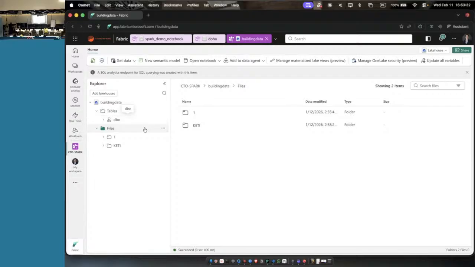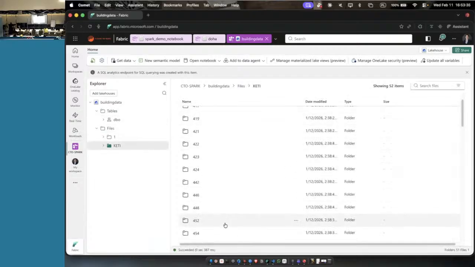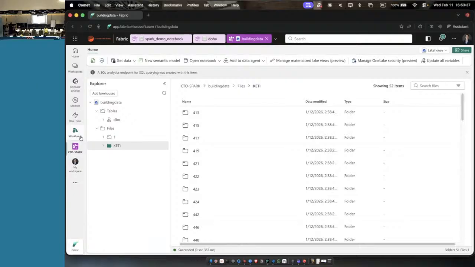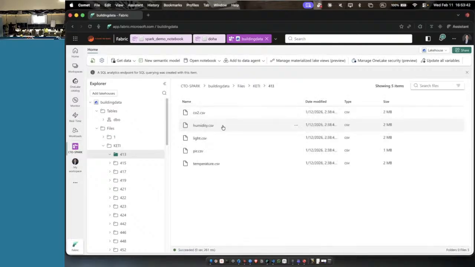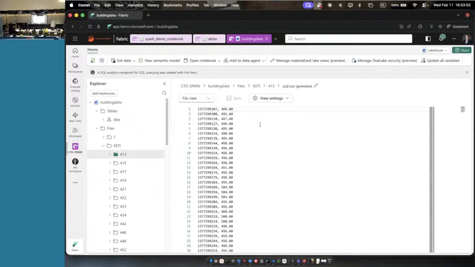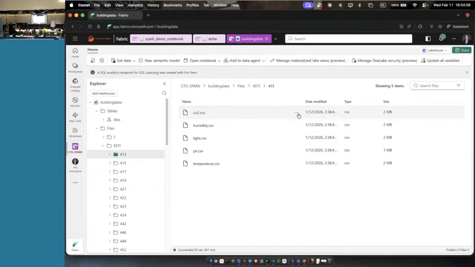Yeah, no tables, but here I have lots of files. Let's focus on, say, the CO2 data. This is the example. First of all, we don't have a header. We'll let Fabric figure that out.